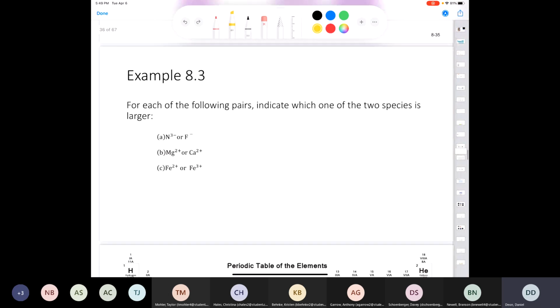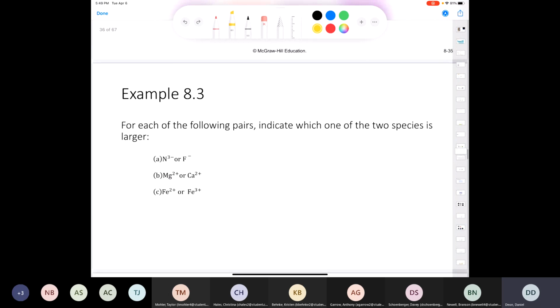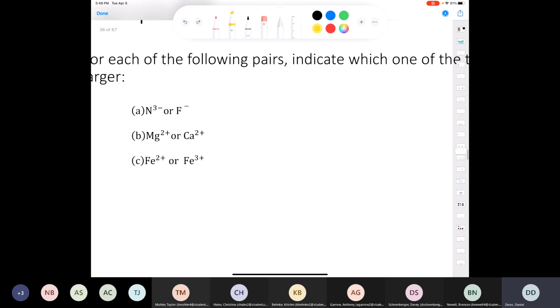Well, the best way to see if you understand it or not is to always give the old college try, try a question. Indicate, for each of the following pairs, which one of the two species is larger. All right, if I look at A, nitride and fluoride, just to kind of discuss it here, nitride and fluoride both are